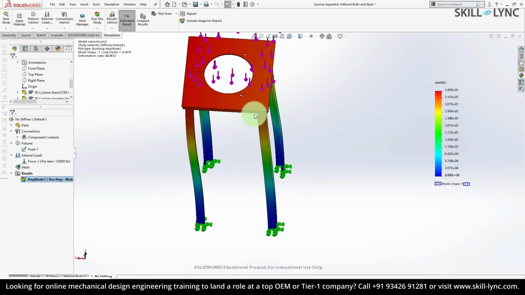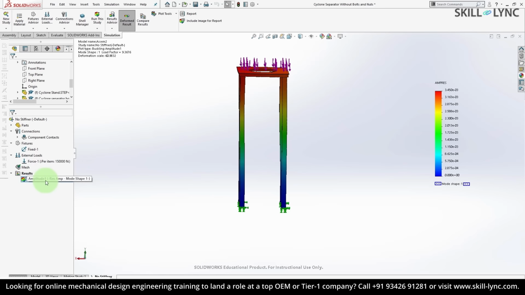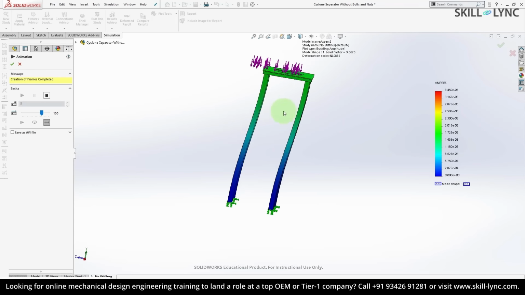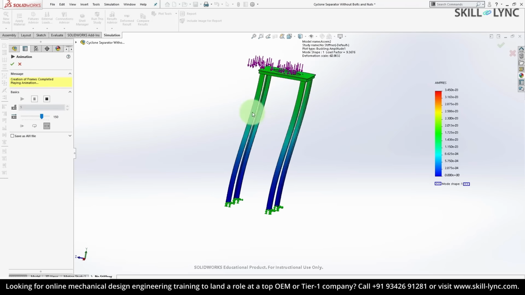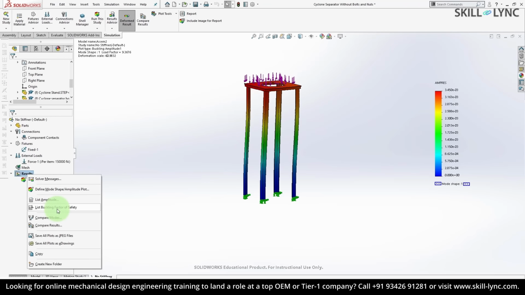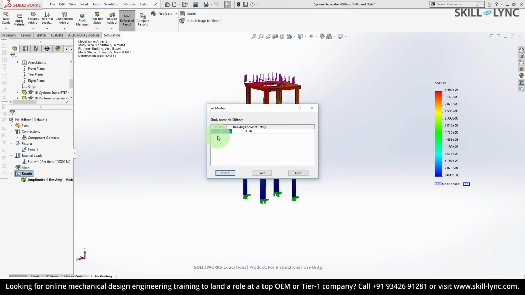The simulation is completed. We have a resultant amplitude plot here. So right click and animate. You can see how the part is going to fail. Now if you right click on the result and choose list buckling factor of safety, you can see that the